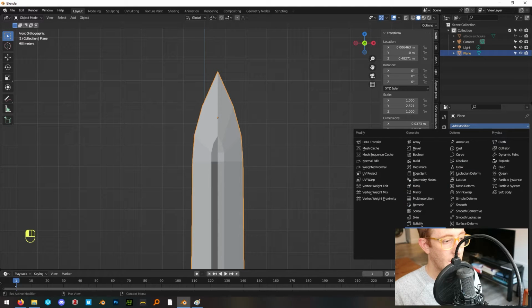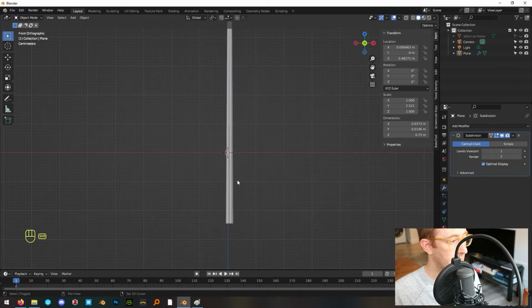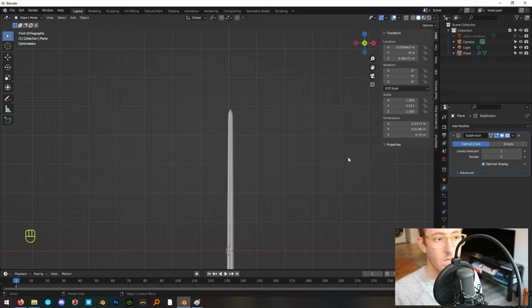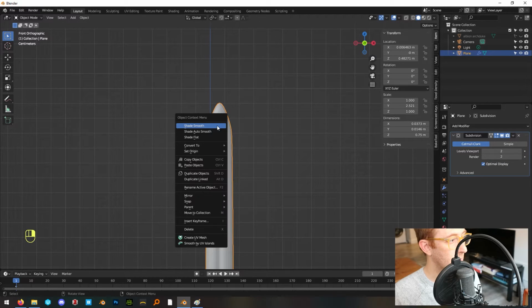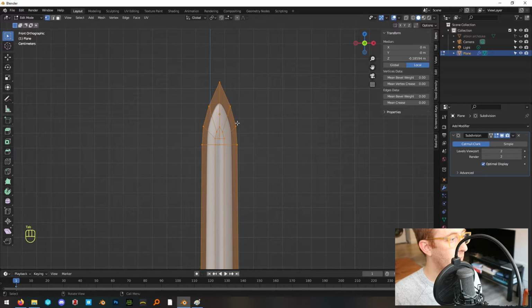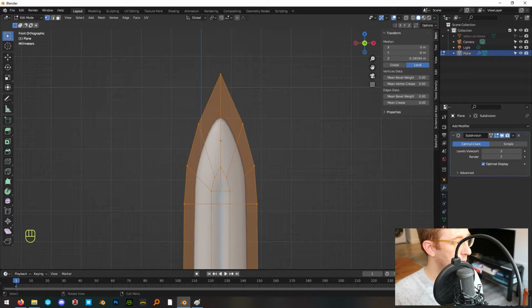Now let's go ahead and add a subdivision surface modifier, and you're going to find that this gets all wonky as it does because we don't have edge creases or proximity loops to hold the geometry anywhere. So let's do that. I'm going to turn the levels on the Subsurf modifier up to 2, right click and shade smooth, and then just tab into edit mode, and I want to add a couple of loop cuts. I want to add one